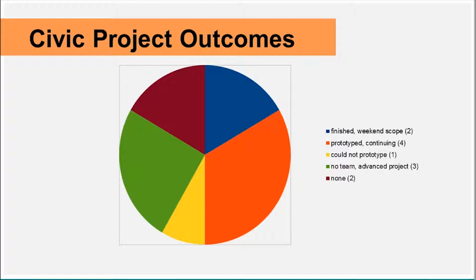So even though that is not a classic hackathon success where there was a prototype and a presentation, the fact that this milestone was achieved, I think, is really significant, and that is the case for all three of these. And two projects simply did not get volunteers and weren't able to advance further, and some of those functions were merged into other projects. One of the things that's interesting is the one project that could not prototype and the no-team-but-project-advanced-anyway, 3 projects.